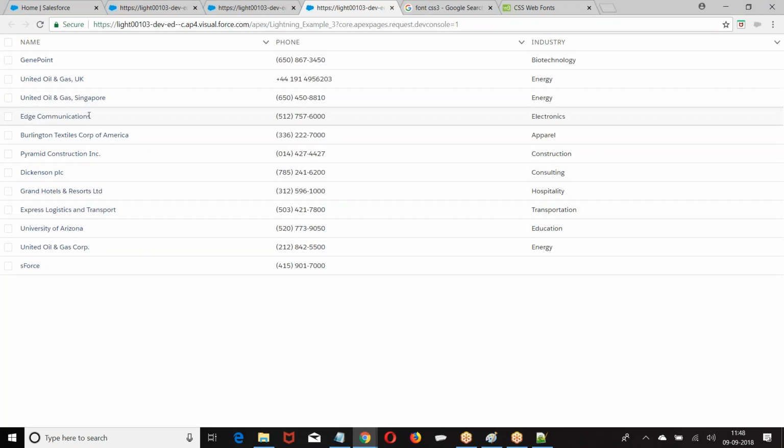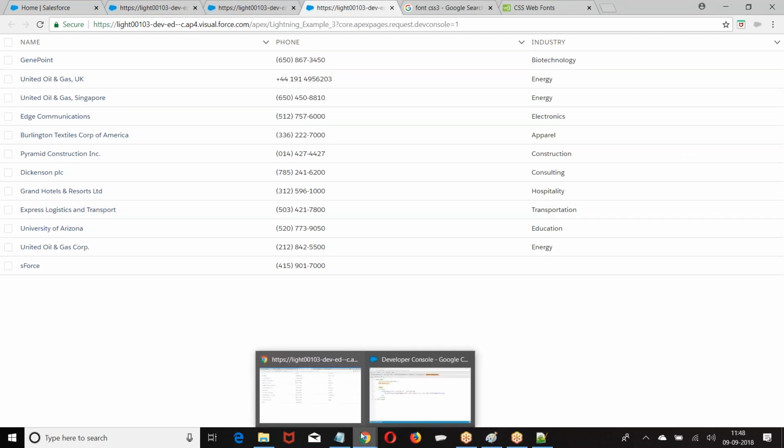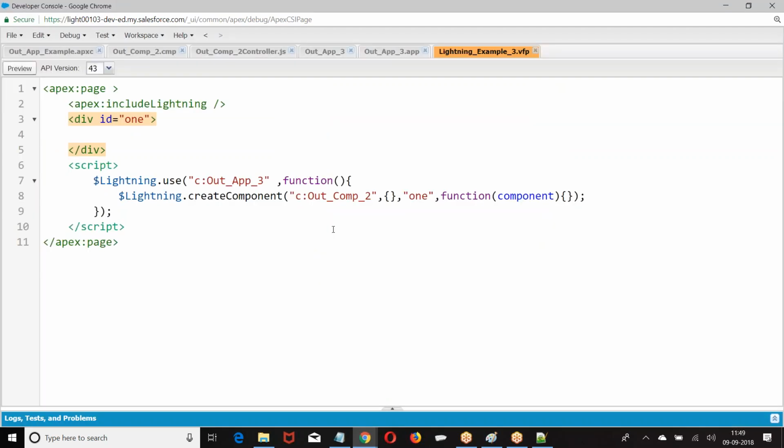Now the point is, after creating the component, I want to pass the value of an industry. Based on that industry value, it has to run. The moment the component is created, I want to set the value of an industry. Based on the value of an industry, the action should be performed. Then what I want to do? I want to have an extension. I hope this is clear. Invoking a component from the Lightning, which has a controller.